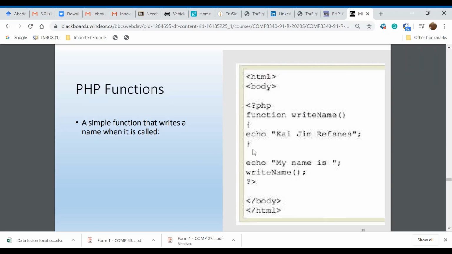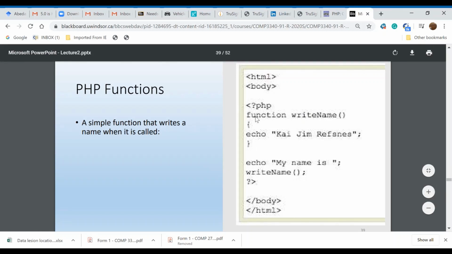Now, as an example of a function, we have this function that writes a name. Sorry, I'm not aware of this family name, how to pronounce it. Anyway, if you look here at the name, it's hard-coded. So whenever we call this function, we just print this name. So if you call it twice, you will print it twice. So over and over